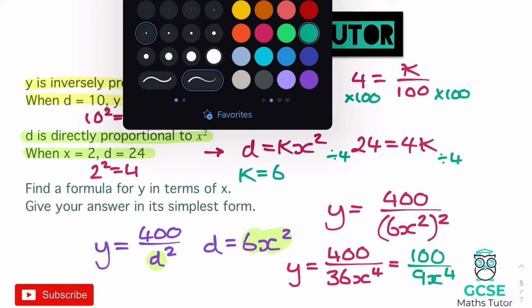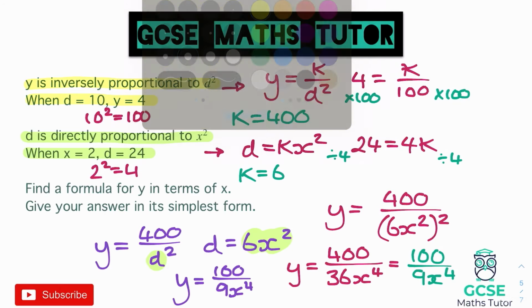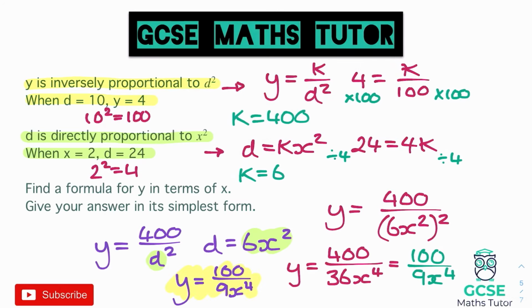And to finish this off, I should get rid of that little step of working out in the middle, so I can write my final answer as y is equal to 100 divided by 9x to the power of 4. And there is our final answer, so let's just highlight that one there. And there we go, there is a formula for y in terms of x. So there we go, there are 5 difficult versions of direct and inverse proportion,